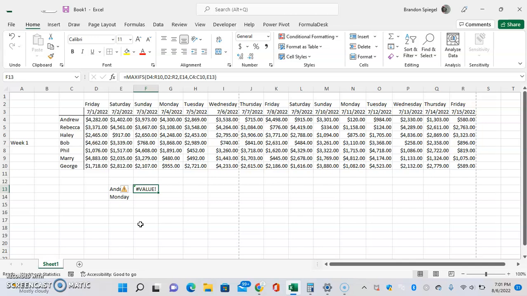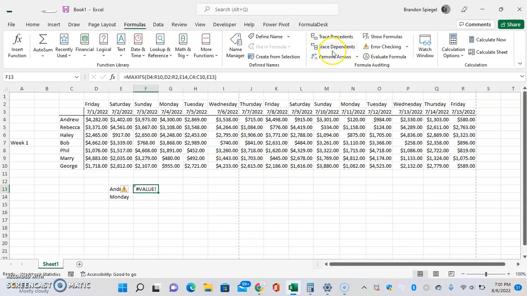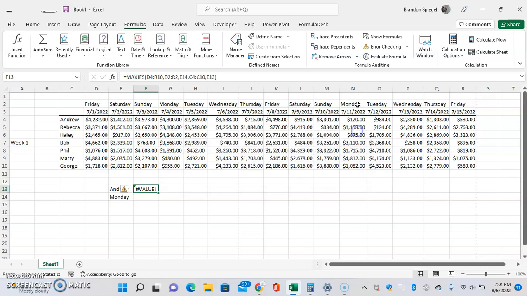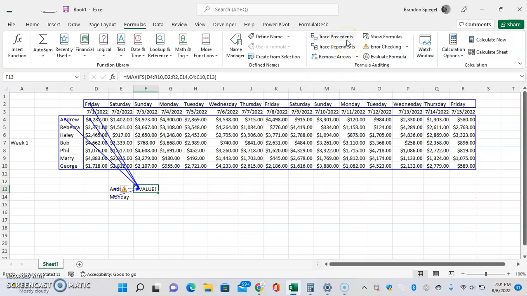Then, after this, I like to see one of two things. One, I will trace dependents to say, okay, is this pointing to the right thing? You can go to Formulas, right over here, to Trace Dependents. And as you can see, nothing is depending on this, but you can Trace Precedents to see what this is depending on. And this is good because you can see, okay, is this pointing to what I think it should be pointing to? If you're trying to work through a circular reference error right now, you can better visually see